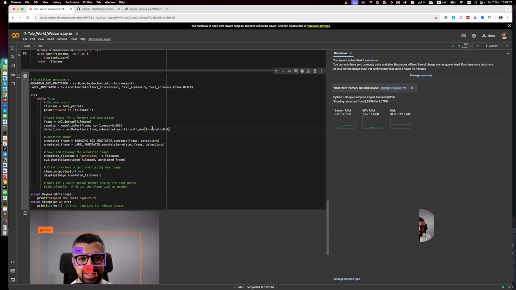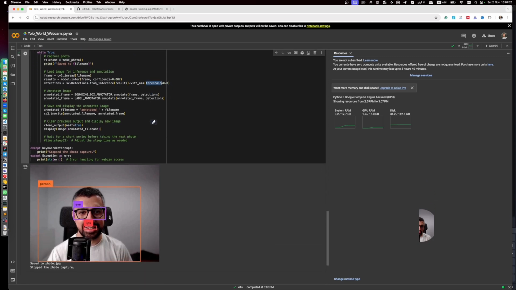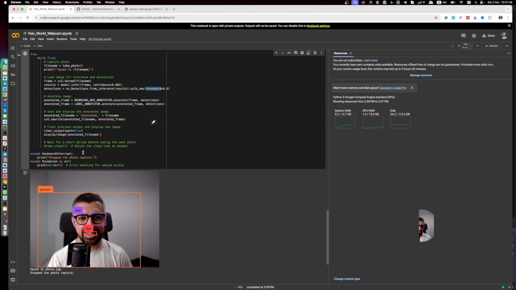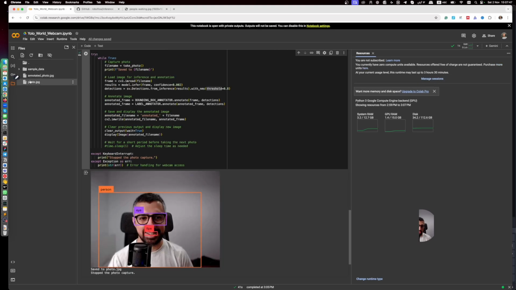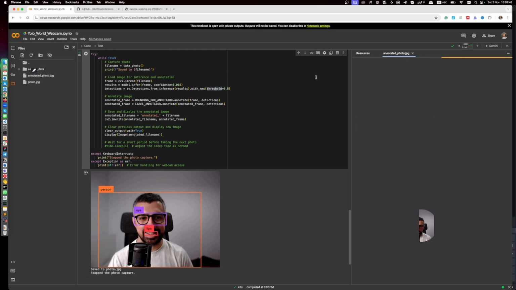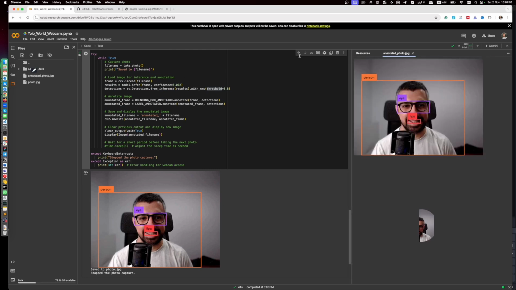This other threshold here is for bounding boxes. If there are, say, 4 different bounding boxes detected for the eye, then it'll choose the one with higher confidence. Then it annotates the image, and you can see the box around person, around eye, around lips, and then it will save the annotated image here. And then you can see the last photo taken,